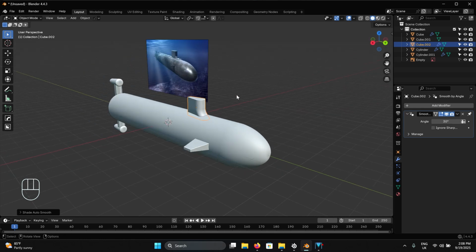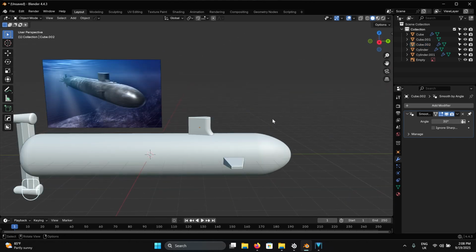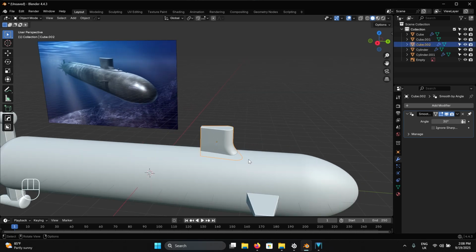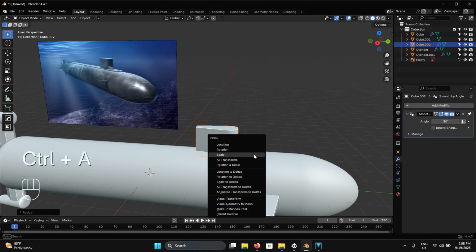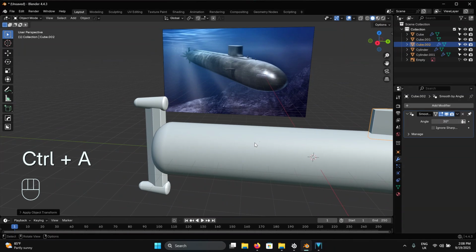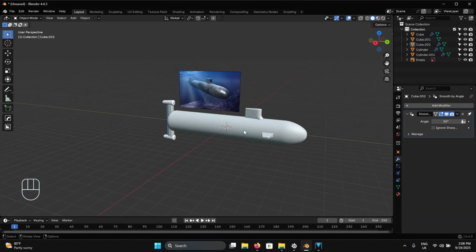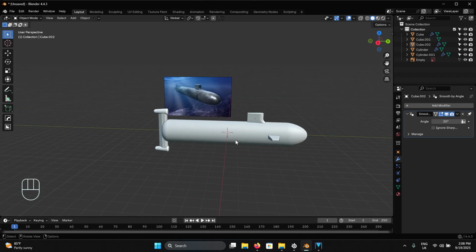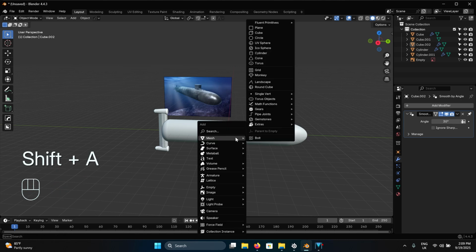All right, so that is our top part. Could be a little bit longer, I guess. Let's make it a little bit longer. Scale on the Y-axis just a little bit. There you go. And Control A, scale. Okay, so now we need to make the propeller. Okay, so the propeller is going to be probably another box